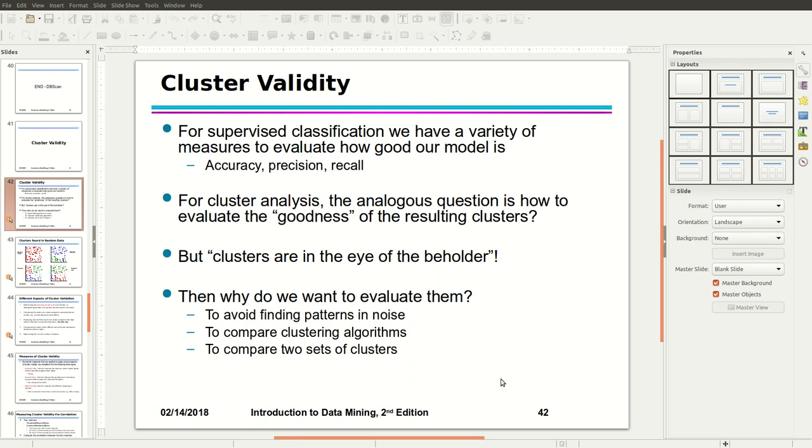So here you can visually see there's cohesion and there's separation. A proximity graph based approach can also be used for cohesion and separation. Cluster cohesion is the sum of the weight of all links within a cluster, if it is like a proximity graph, and then for cluster separation you take a point and compare it with other points in other clusters, and you do that for all points in that cluster, and calculate separation and cohesion by doing quite a bit of calculation.